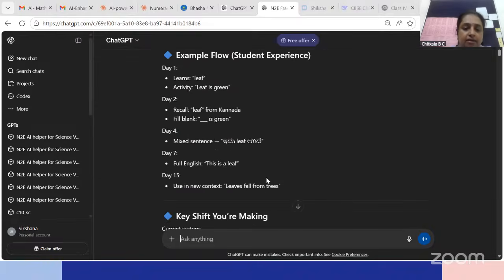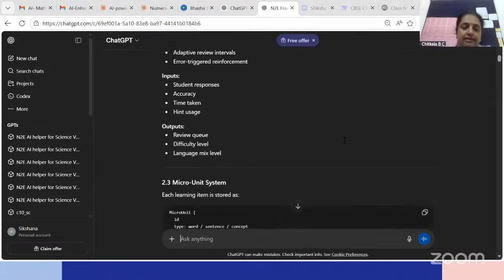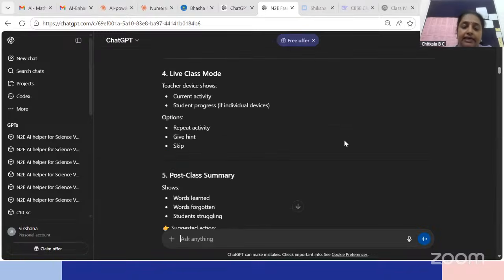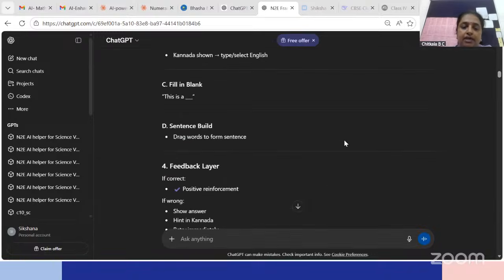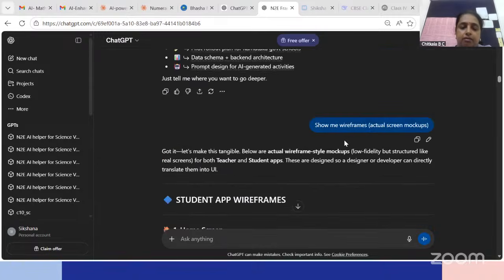So all this is a long list of things, and I kept interacting, asking it to provide product feature specs, a UI flow for teachers and students, etc. So it was able to generate a very good output that I could actually use to create a real app.